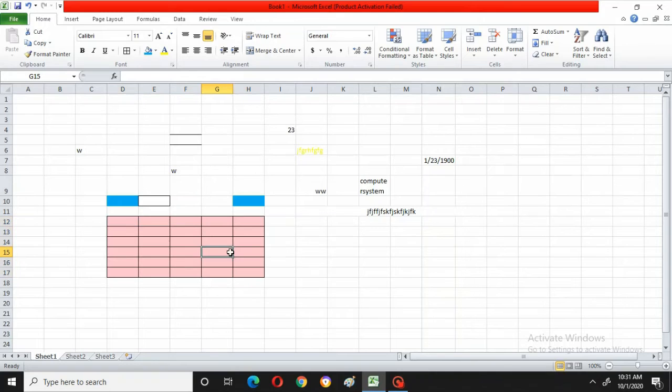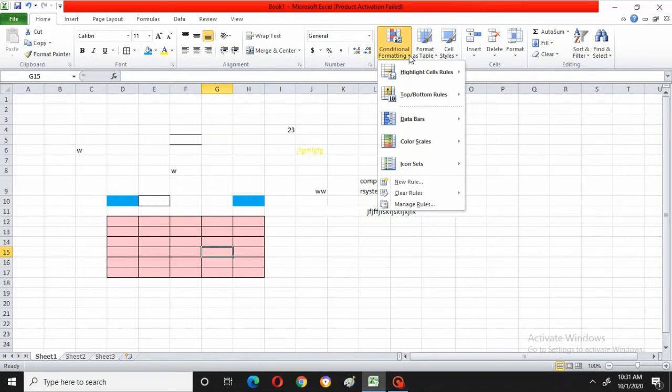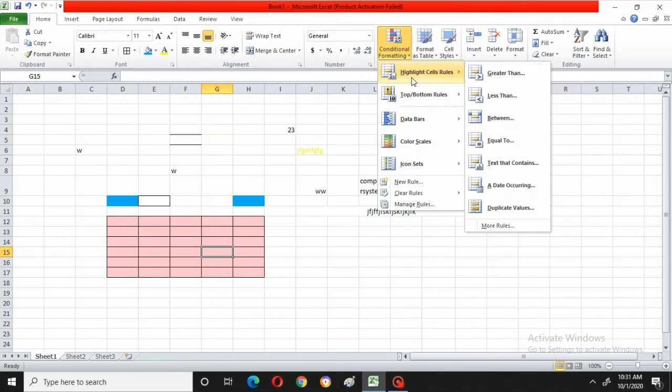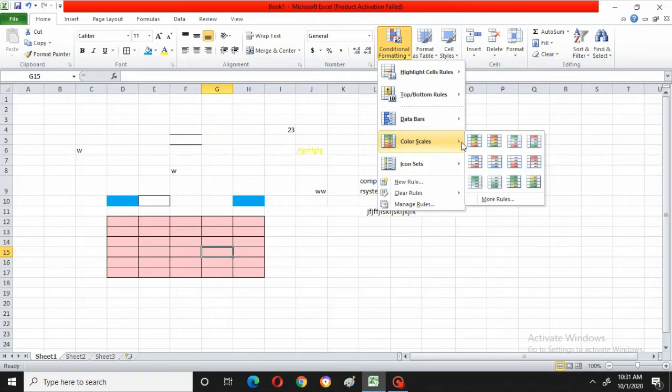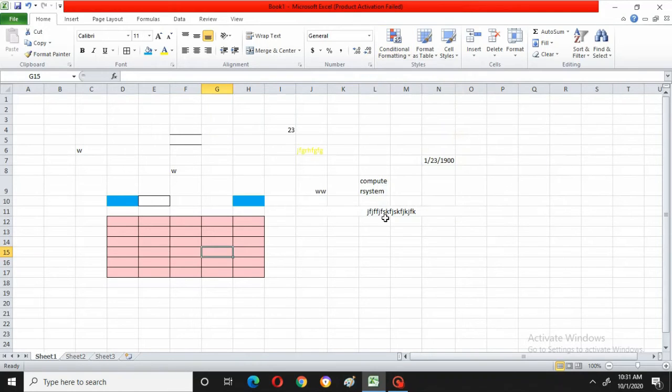What happened here? Below some number it is asking and I didn't give any number over there, so it is taking all the cells, it is highlighting to pink color. Now I will go to color scales and I will select this. Okay, this is concerned with the conditional formatting.